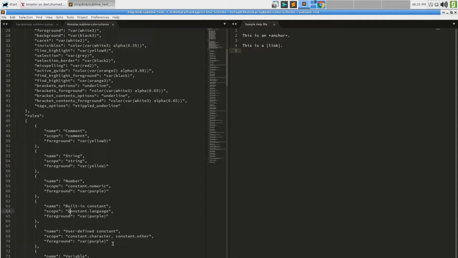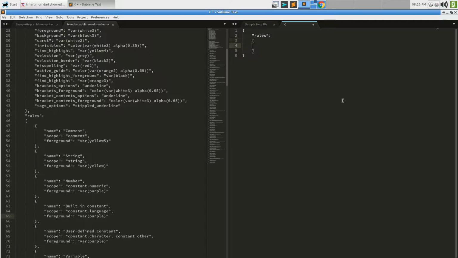And what we're really interested in are these rules down here, right? So if I was to come over here and say the whole color scheme is a JSON object and it has a rules key, and that rules key is, as we can see, a list. And we'll go ahead and do that.